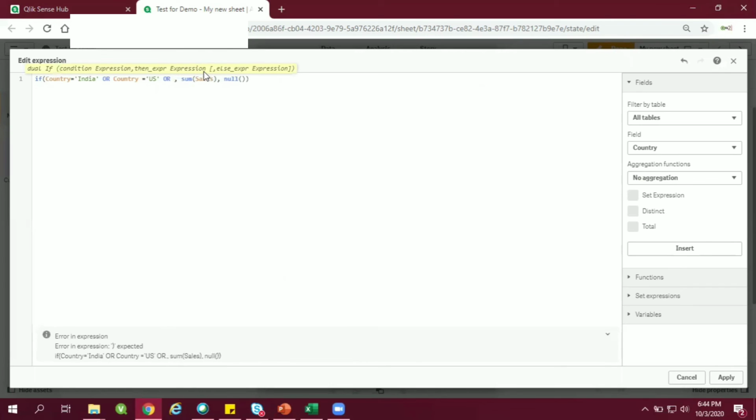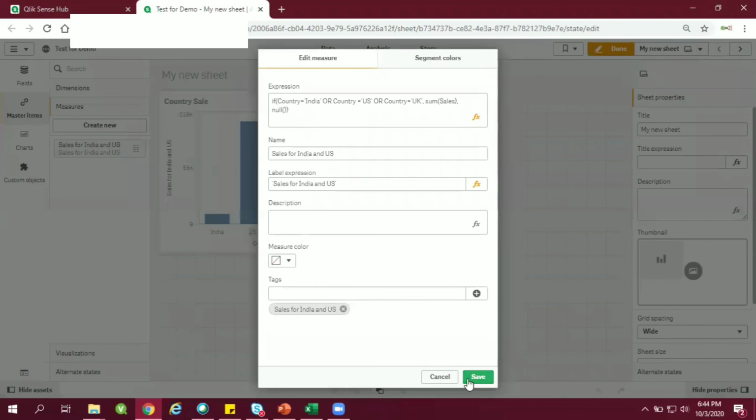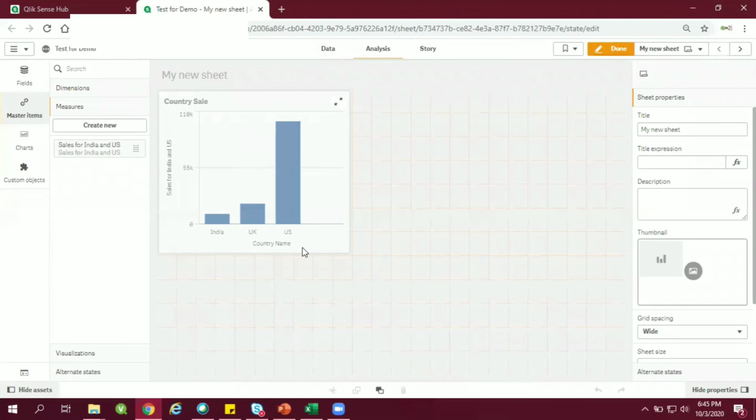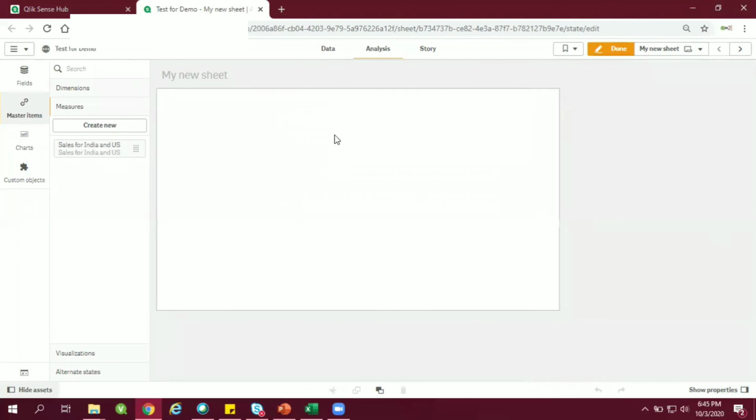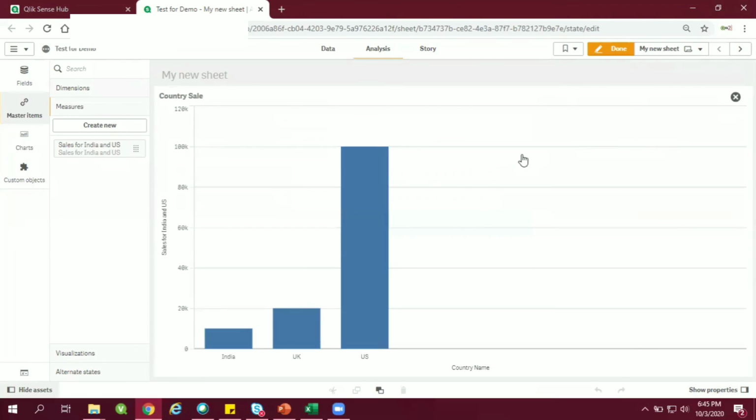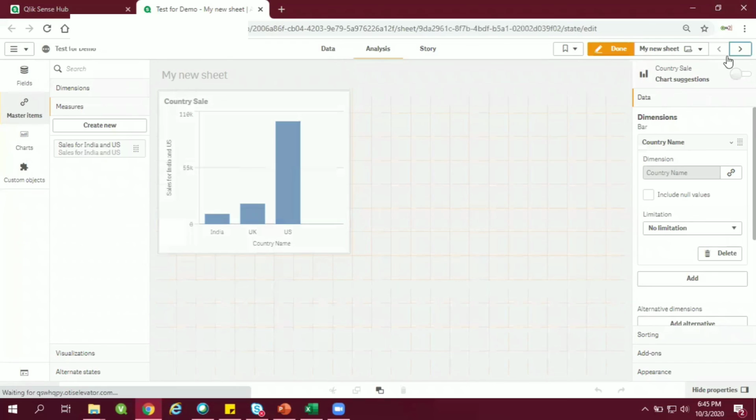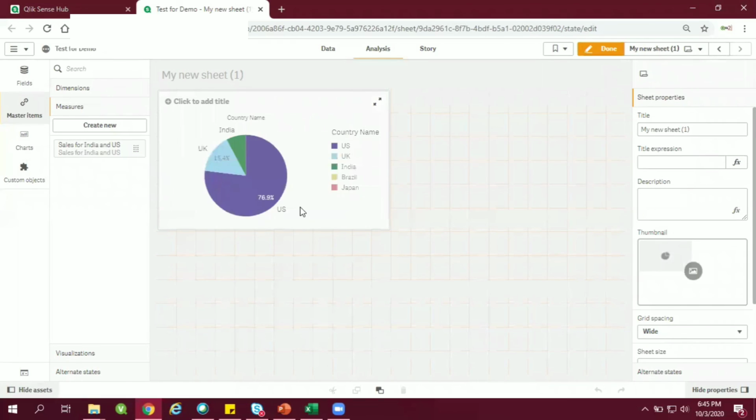Okay, so I just want to show you that a change reflects throughout. So I'll go here, place UK, and then save it. You're going to see that UK is also coming over here. So whatever change you make in one place is going to get reflected in the rest of the sheets also.